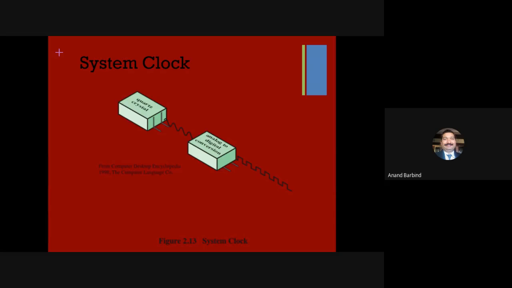Many times there is a lower limit also. That means in no case should you give a frequency which is less than a particular frequency. So both lower and upper limits exist for the system clock of each computer. If a computer uses a lower clock frequency, then you may call it a slower one, whereas a computer which uses a higher clock frequency, you may call it the